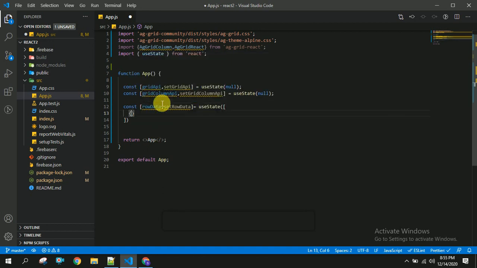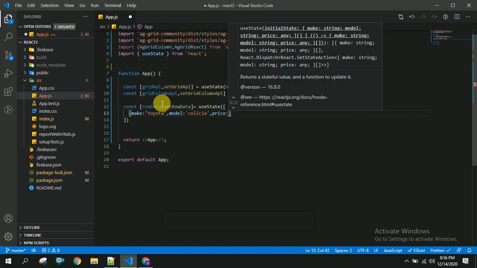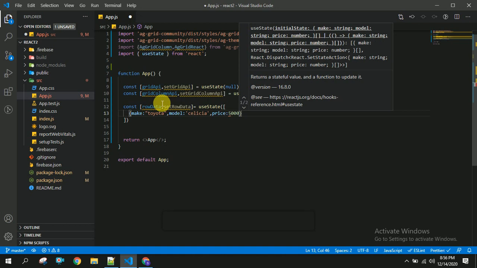In the first object I am going to create some property called make, and model. The model name is Celicia or something. And price is numerical, so I am going to give some 5000.